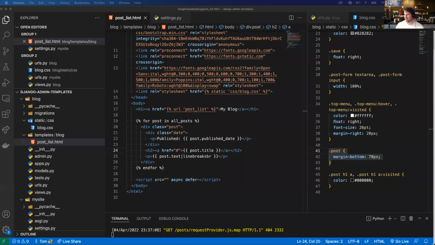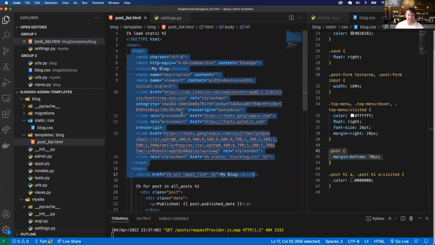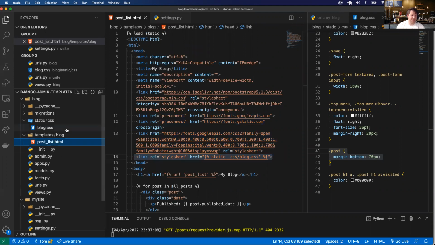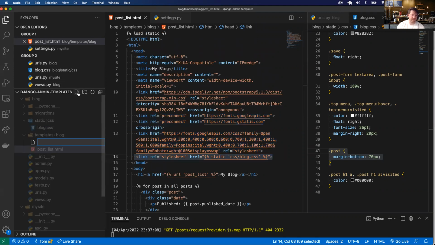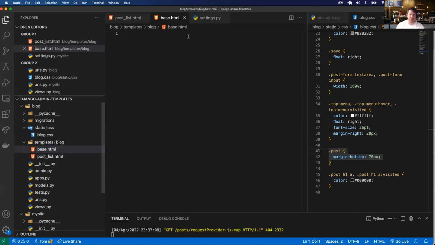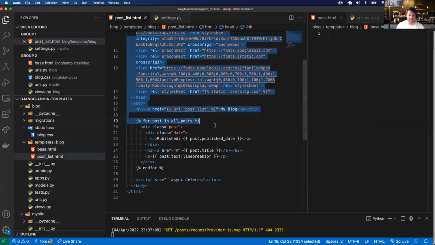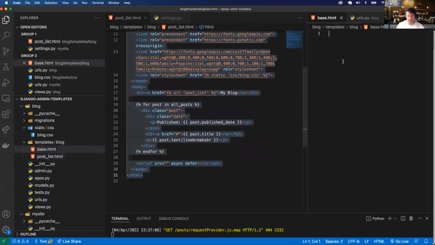So we can do the same thing inside of our Django app, because we don't want to load this head and load Bootstrap, all the Google fonts and our style sheets inside of every single template. We just want to load it inside of a base template and extend that base template to all the other templates. So inside of my template, my blog, I'm going to create what is called a base.html file. This is going to be my base template, and I'm going to copy everything over, just like so,